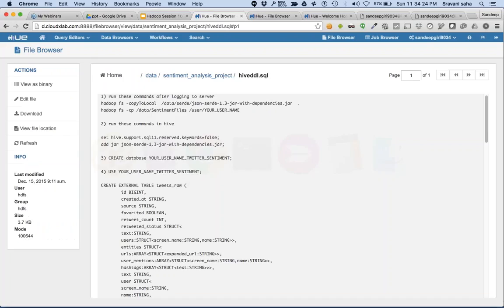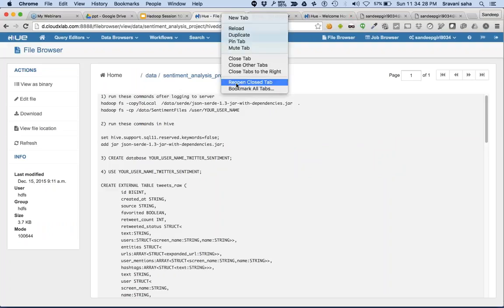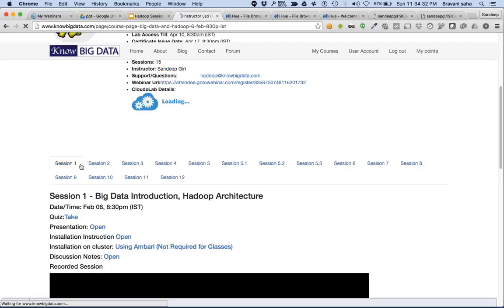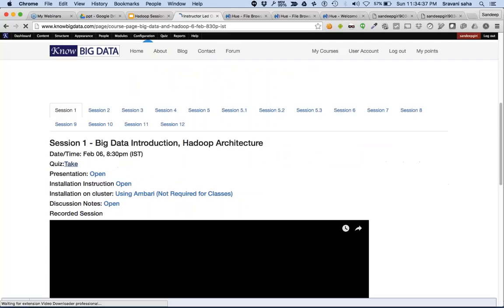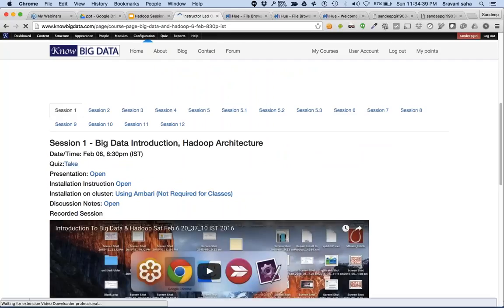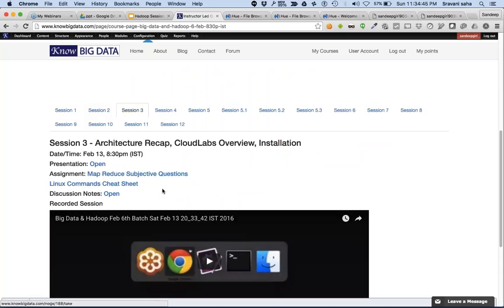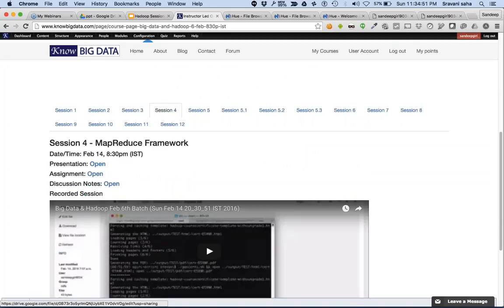Sundar's question is, where can you find the assignments? You can go to the course detail. Everywhere you can see on the first one, you see the quiz and so on. Okay, so you have to go session by session. You can see map reduce subjective questions. Then there is one more assignment.